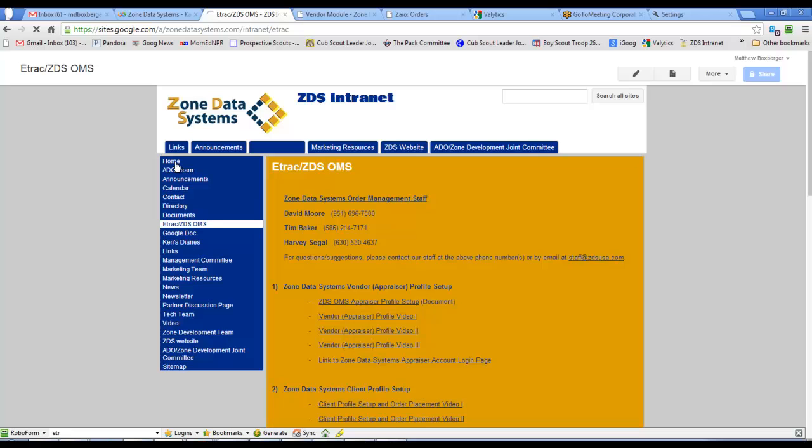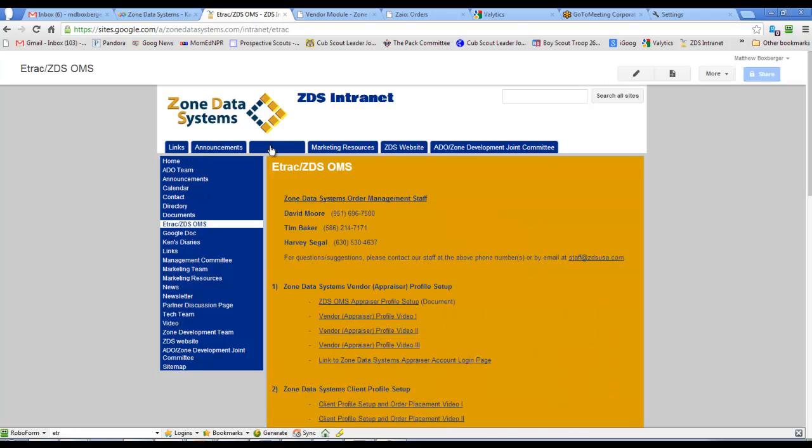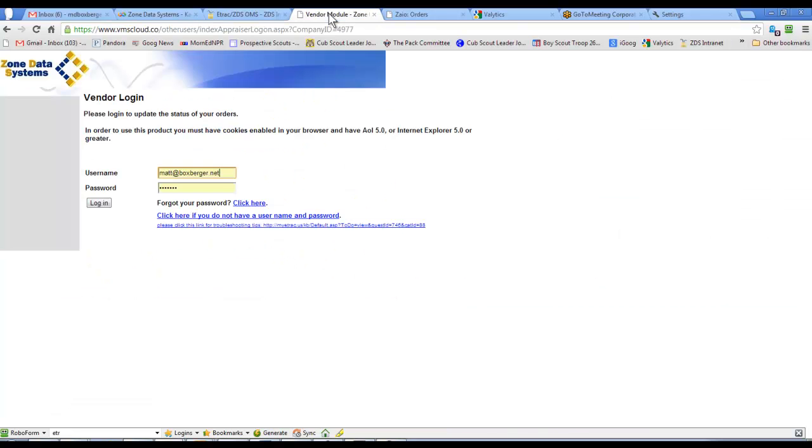When you first sign on, I'll just go back here. It'll show you the home link. And then this third tab will be the one that is Utrack. So when you sign on, this is how it'll look on the intranet, and you can click here onto Utrack. Utrack is probably familiar to a lot of us. I've got a couple AMCs I work with where it looks pretty similar to this, and so I was just going to give you a quick snapshot of what it looks like. You'll create a login for yourself,